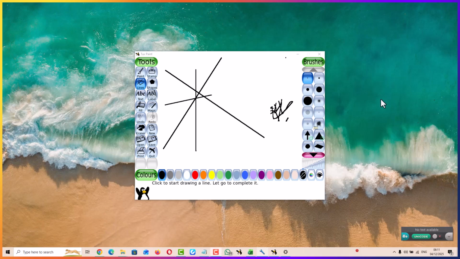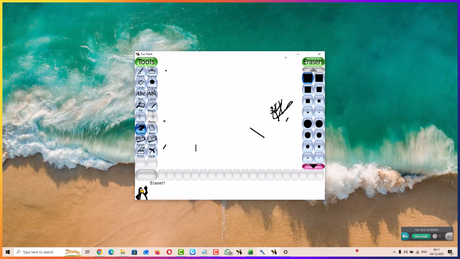Hello friends, today I am going to tell you how to disable Tux Paint sound effect. So there are a lot of sound effects there. If you want to disable these sound effects, you can search